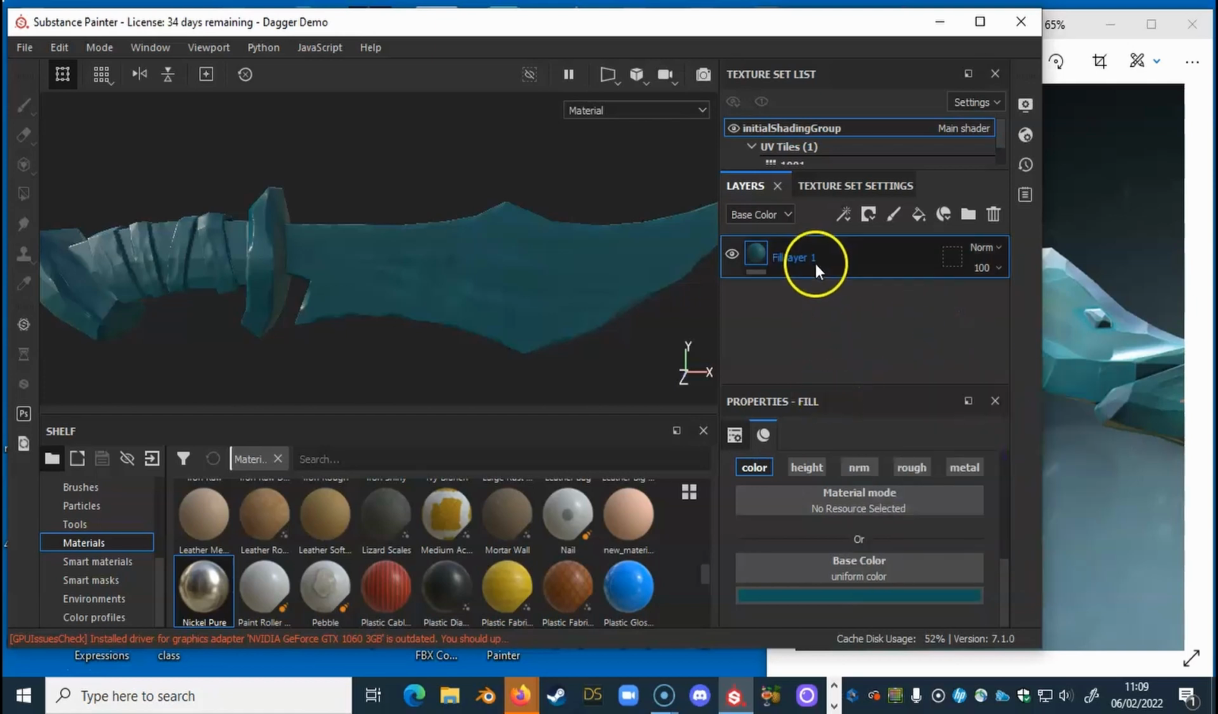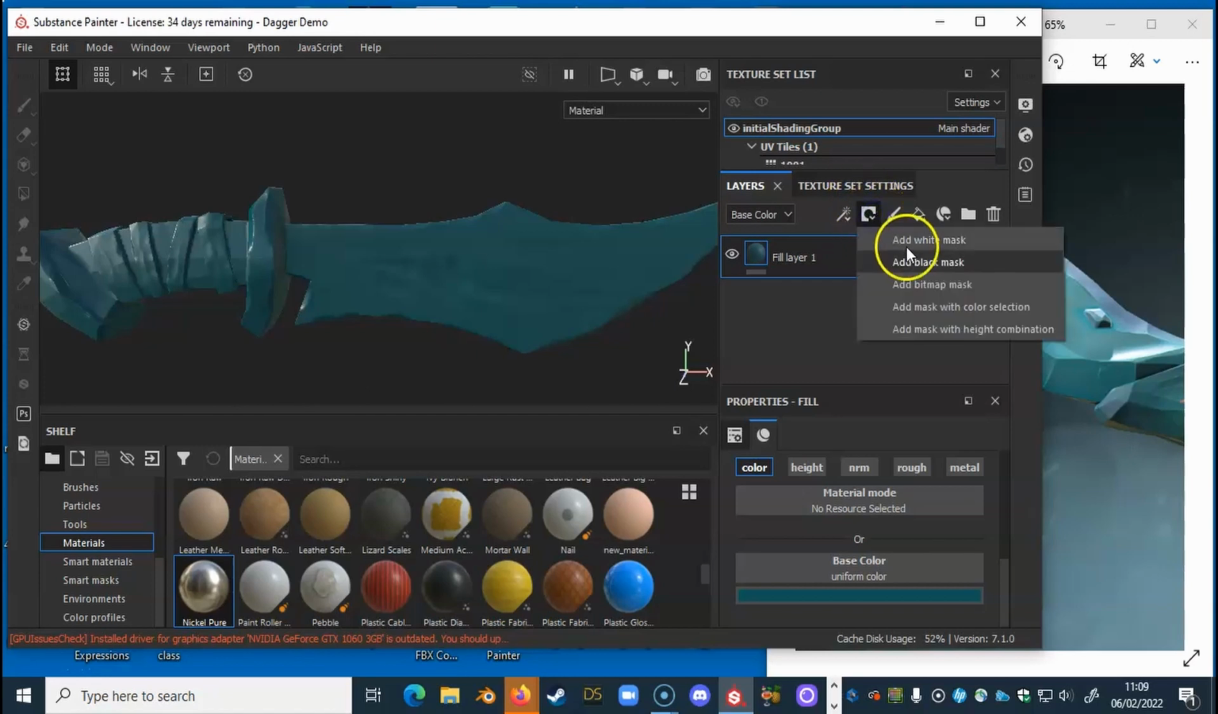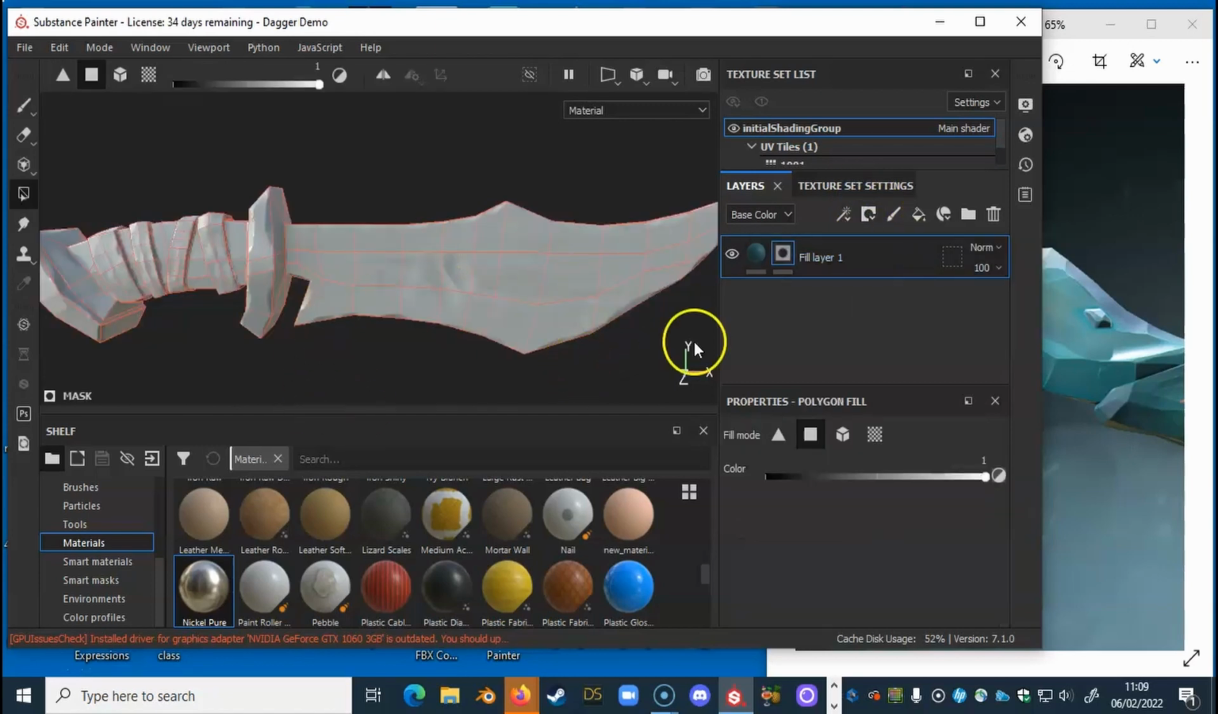That might do. And in order to use the Polygon Fill tool, what we're going to need to do is create a mask. So I'm going to click on this little square here with a circle in it and go Add Black Mask. Now that'll mask the entire thing off. But the fun thing is that if we have the Polygon Fill selected, we can actually begin to